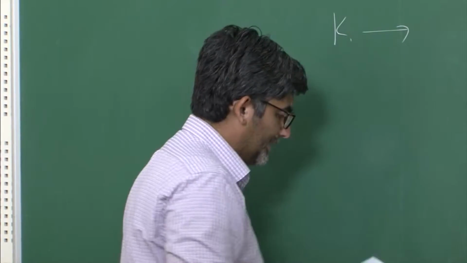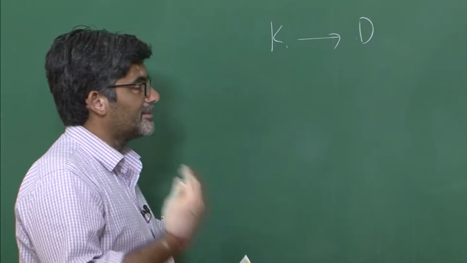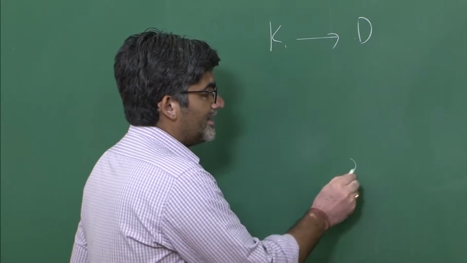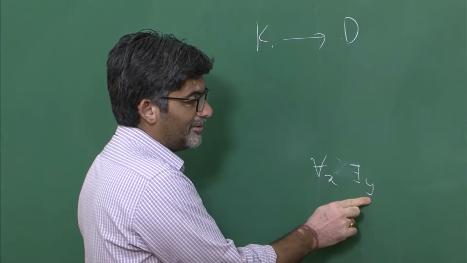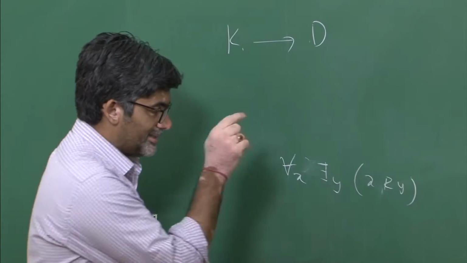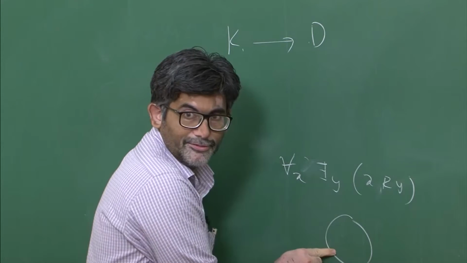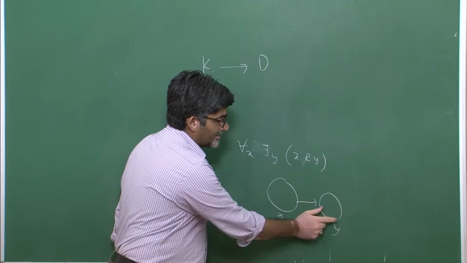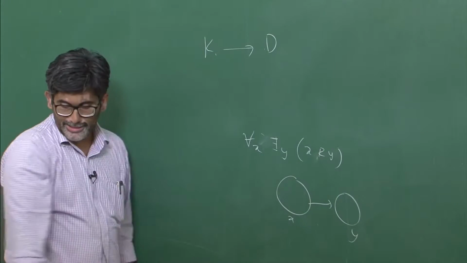Whereas in case of D, the constraint that you need to impose on the accessibility relation has to be serial. Serial in the sense that for any given world x, there has to be at least some world y such that x is accessible to y. There should always exist some world y such that x has access to y, or y is accessible from x. They are all the same thing. Then that is considered to be D.